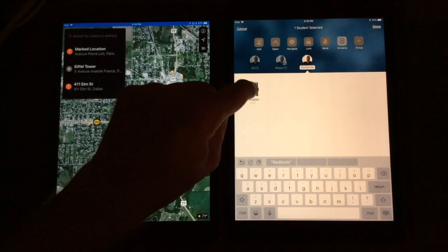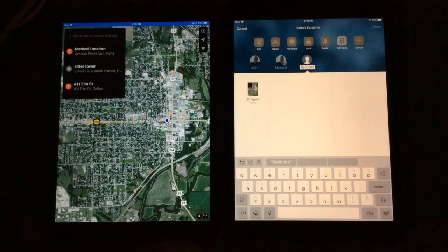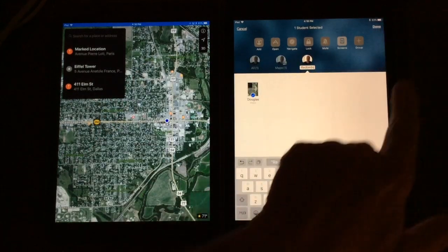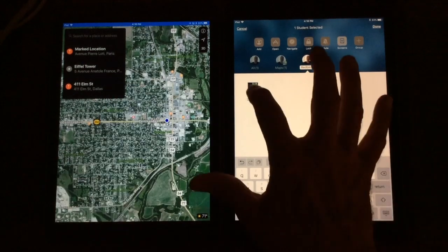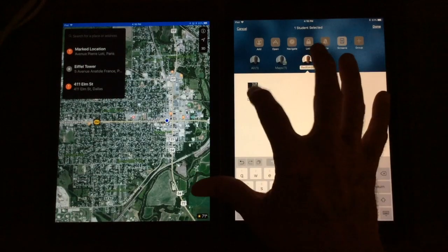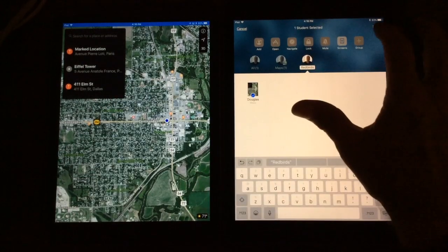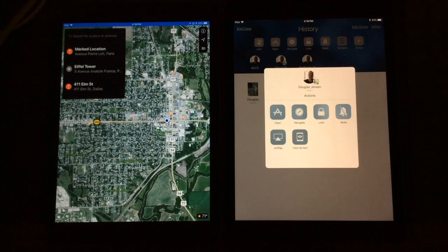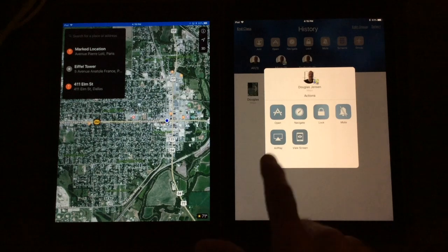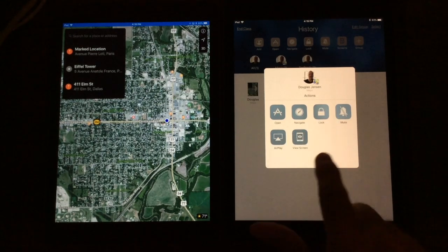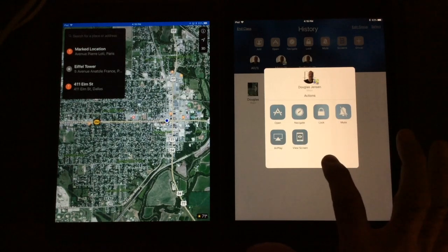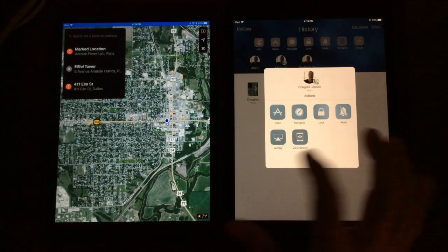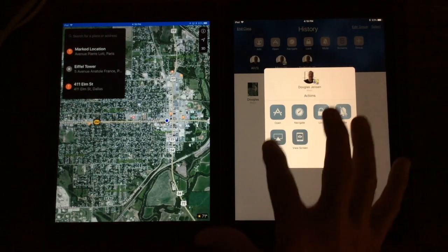Other things I can do in here, if I tap on this individual iPad itself, I'm going to tap on it. Let me click done here. Nope, I want to tap on this. Oh, I get out of the group, I'm sorry. And I'm going to tap on that one there. And then under that, I have actions. These are other things I can do with that individual iPad. And so where I could do that with an entire group, if I tap on any individual iPad, then I